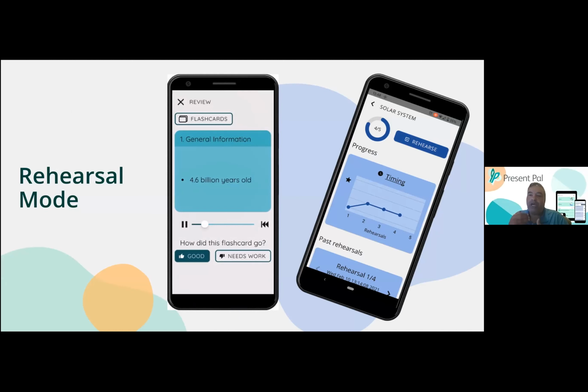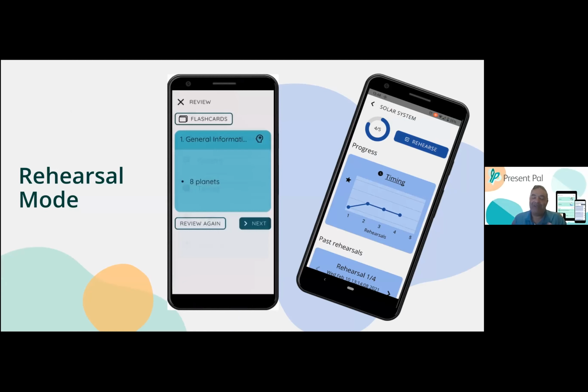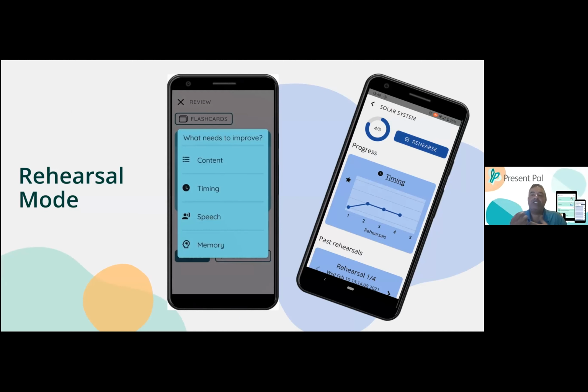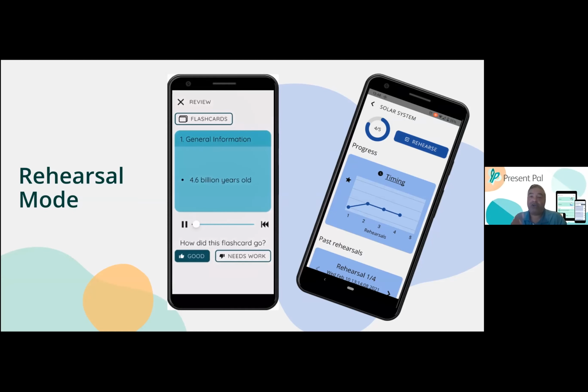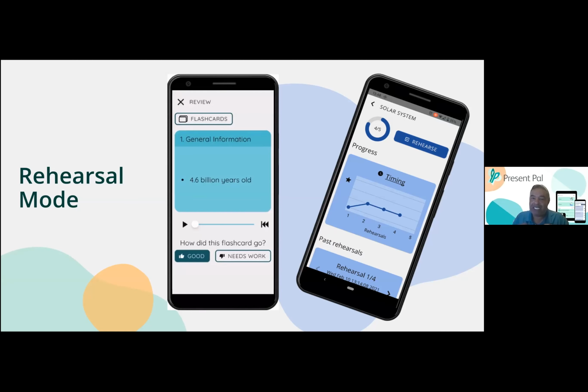When you turn on rehearsal mode, it records your audio. As Jen was saying, when she was walking around talking out loud, practicing her presentation, this is that moment. This is you practicing your presentation using your flashcards, and it's recording your audio. The cool thing is that when you go back to listen to it, you can grade yourself and self-assess